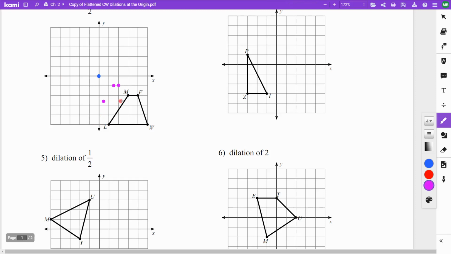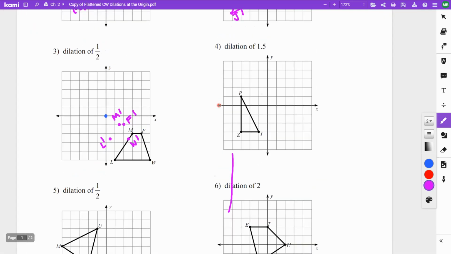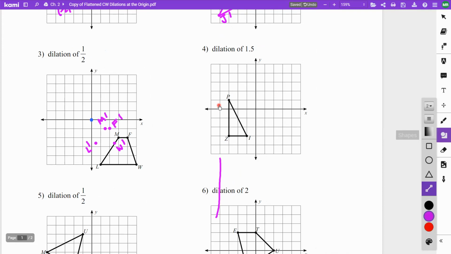Let me just label those. So this is my M prime, F prime, W prime, L prime. And when I connect those,